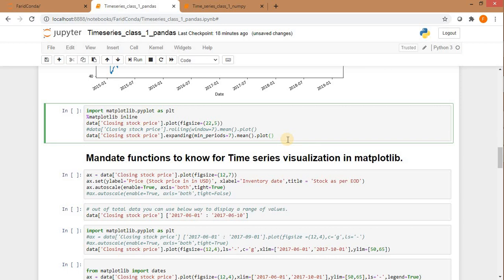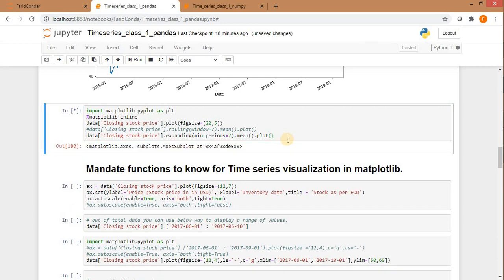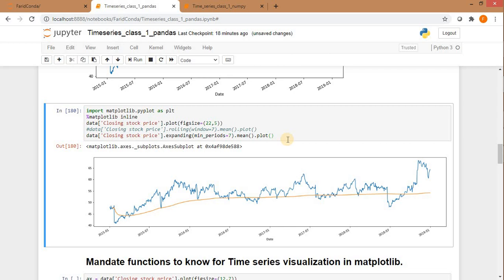So it will give a very natural essence of your average stock price. Let's see how the graph looks. See, this is how it is. It has removed all the seasonal fluctuations, the fluctuations caused by short term trends.